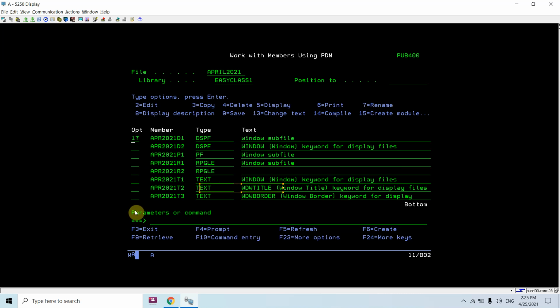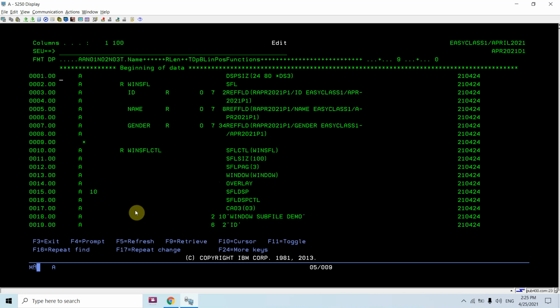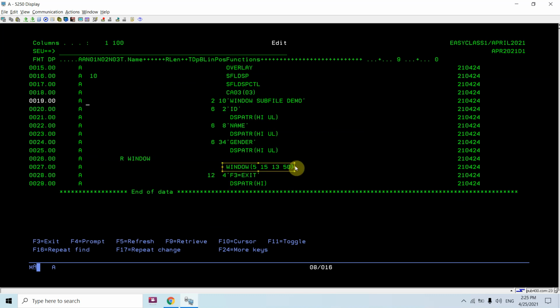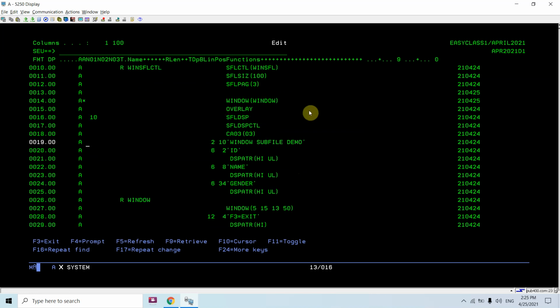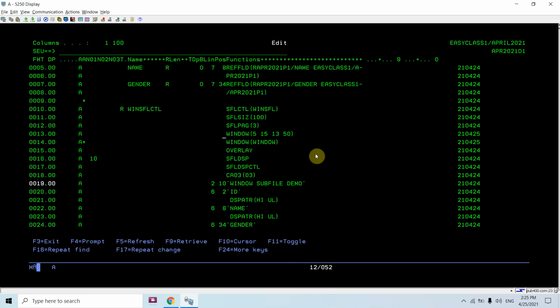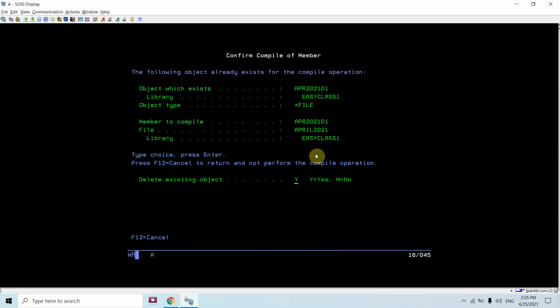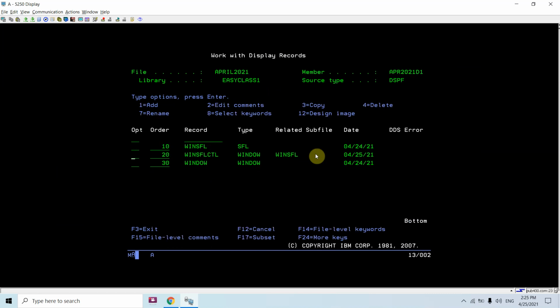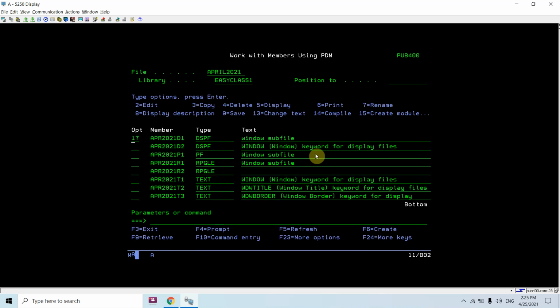If you have not gone through this approach, for example, I'm commenting this for the time being to show you. So this was the window format.